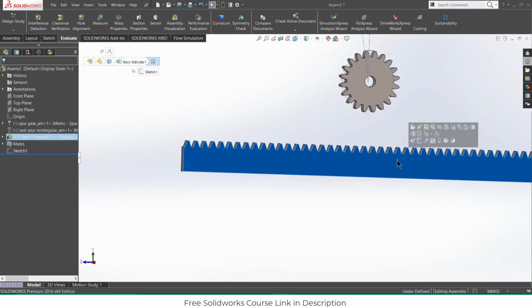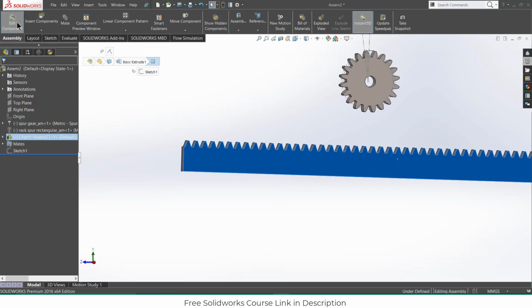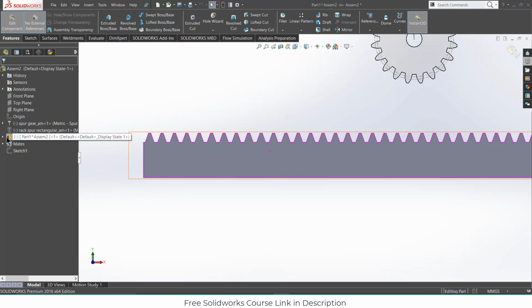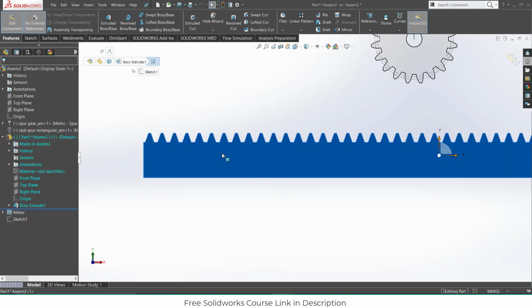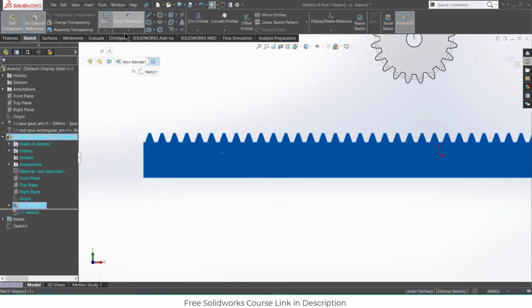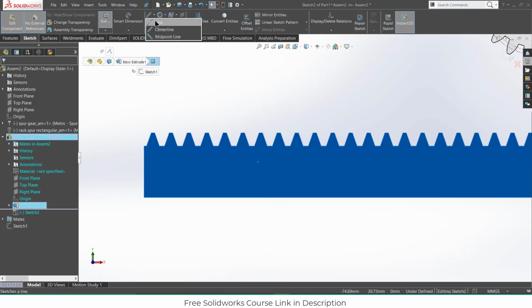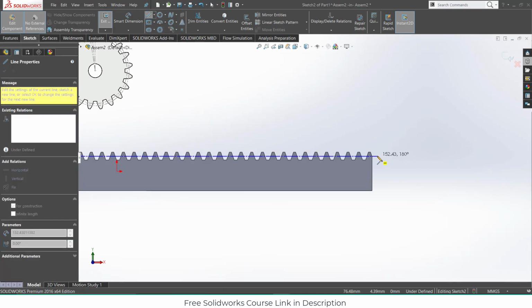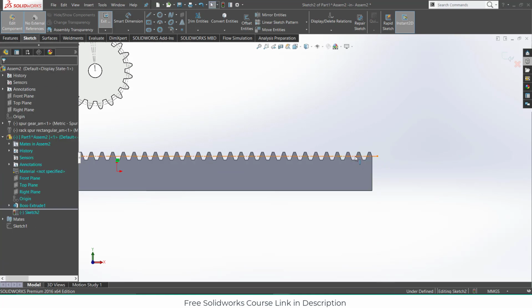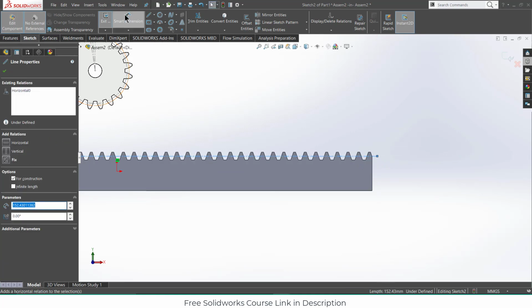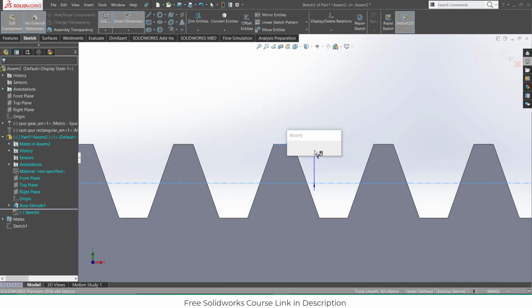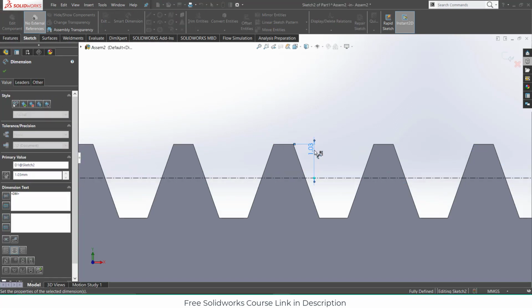Now select this gear, go to assembly, click on edit components, press Ctrl plus 8 for normal to the view. After that, select this face, click on sketch, draw a center line. Select this line, make sure it is horizontal. After that, go to the smart dimensions, enter the value of 1.03,